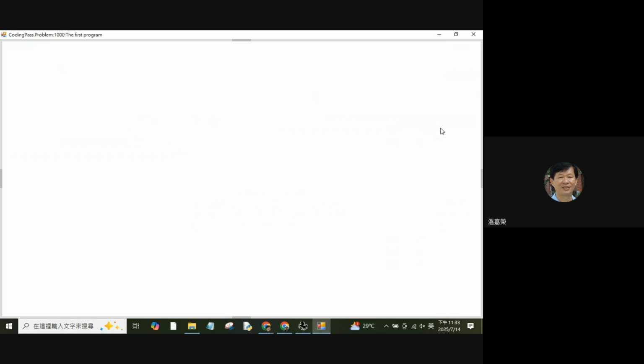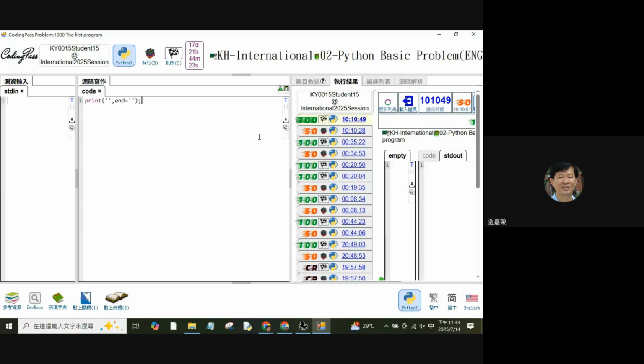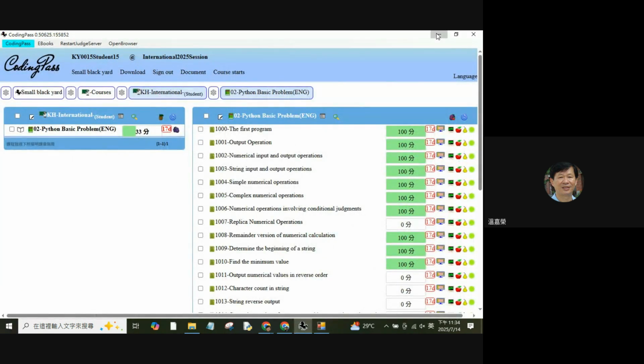The screen responds a little slower because my computer is too old. So that's the first one. When you come to here, be sure to select the compiler as Python. How to select Python as your language? Be sure to install